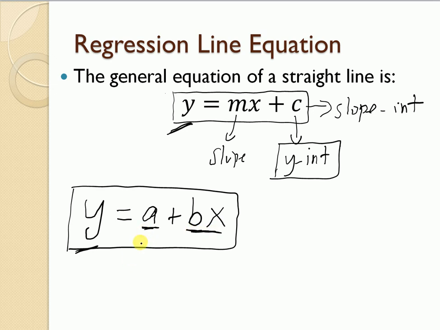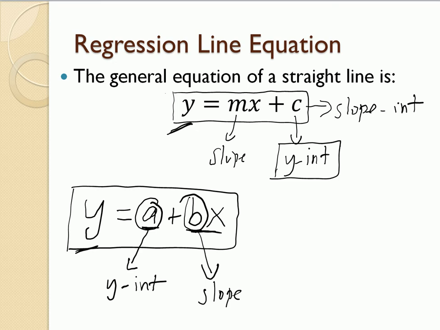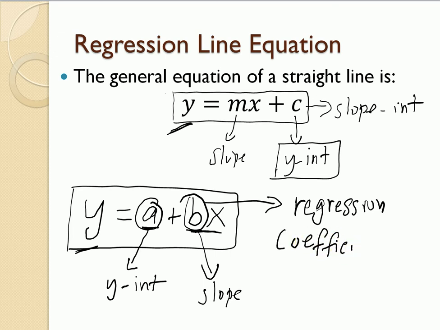So a is the y-intercept and b is the slope. a and b are constants, and b is specifically called the regression coefficient. The aim is to estimate the values of a and b using the data from the table